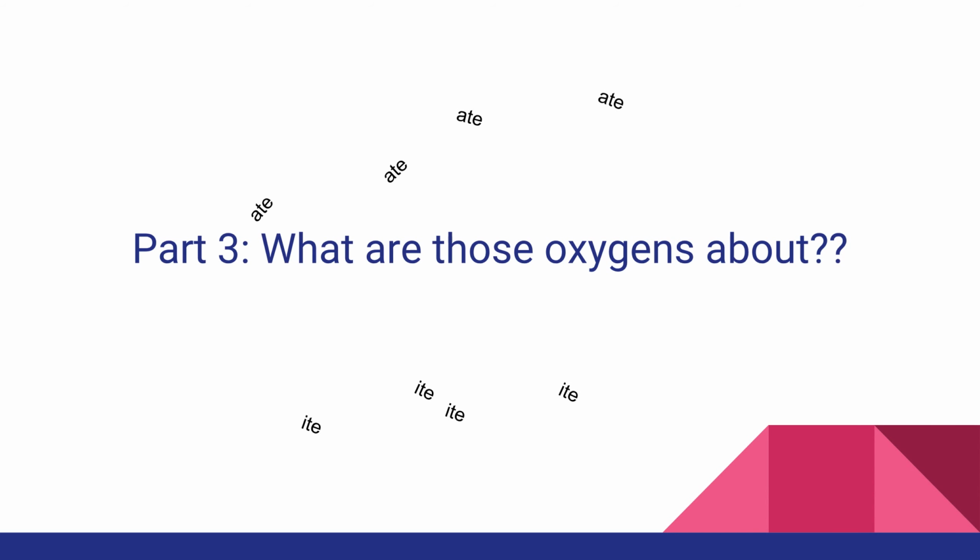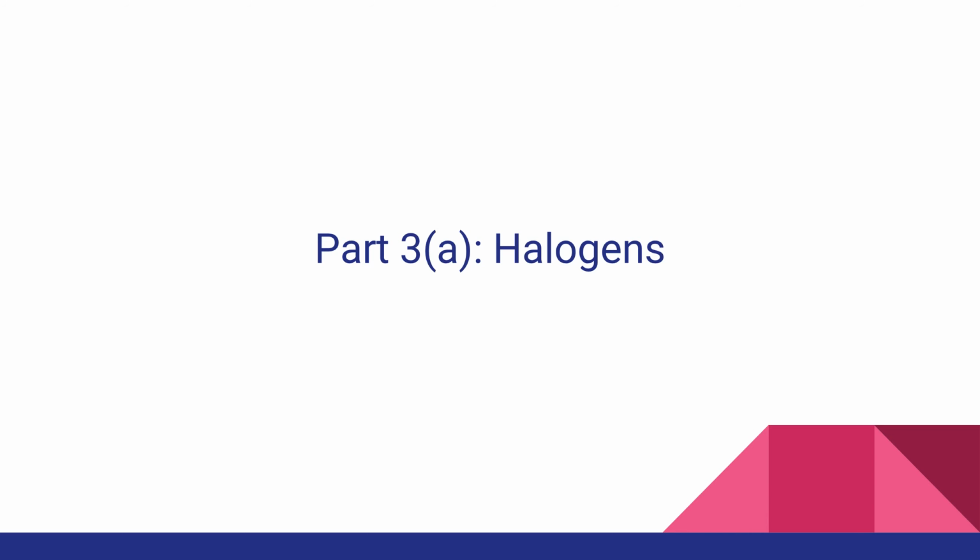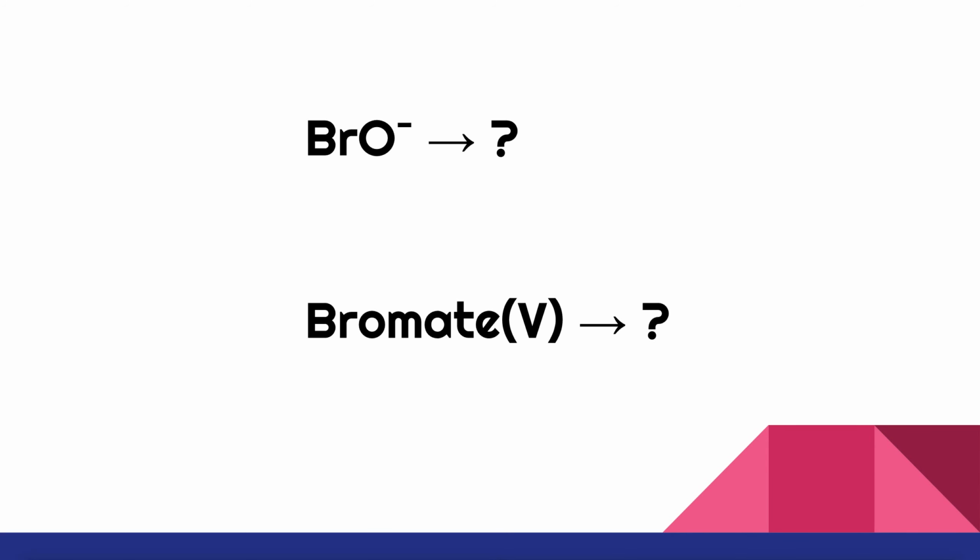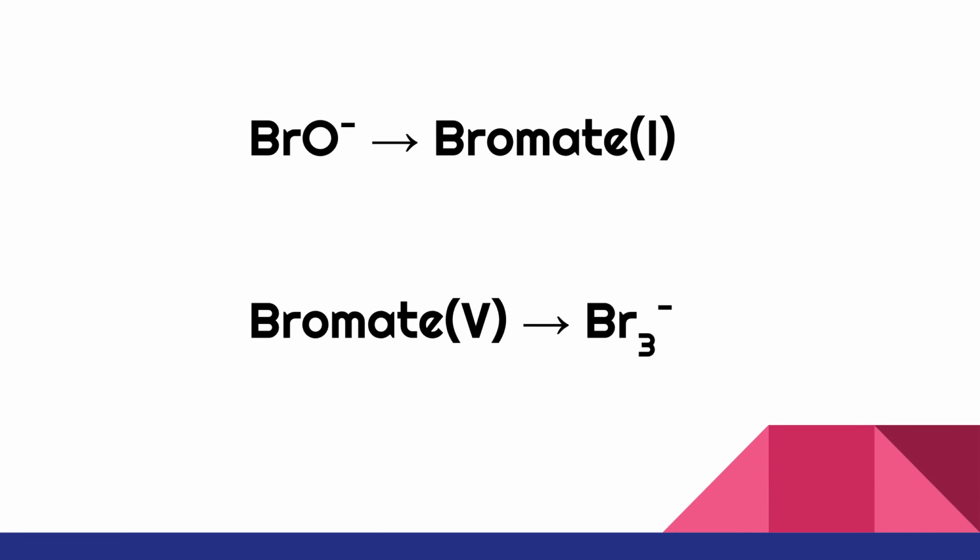Okay, so now it's going to get a little bit trickier, but not really. That was all the elements where it's just the element. What if the element is connected to another element? Let's say oxygen. All of these are connected to oxygen. If you have a halogen connected to oxygen, it's super easy. It's going to look weird at first, but I'm just going to show you the pattern because the pattern